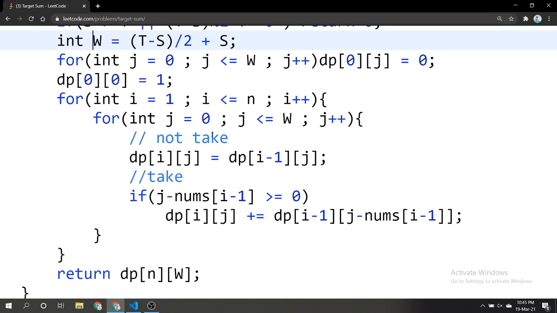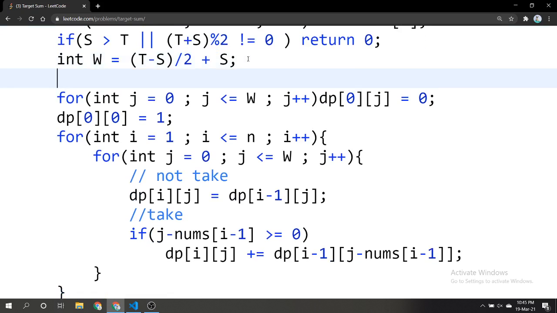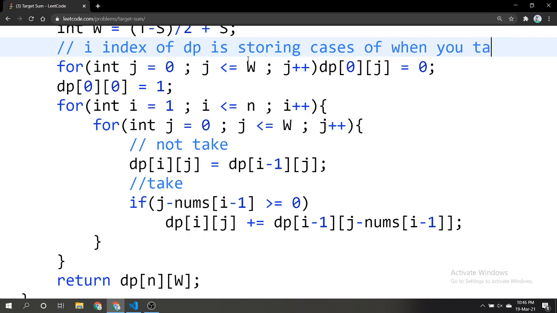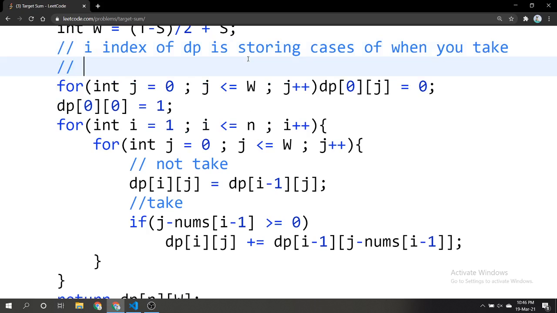I have a DP where the ith index of DP is storing the cases when you take the first i elements of the array.